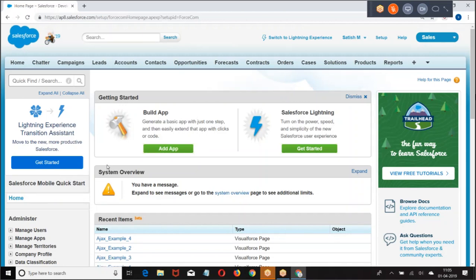Now let us say I logged into Salesforce. If I want to know whether I have permission to see a particular object or not, what will I do? I will go to the profile. In the profile, I will check whether I have access on the object and what type of access I have. Am I right? You want to know whether a particular user has permission on an object or not. What will you do? You will go to the profile of the user, and in the profile, you will see on that particular object whether the user has permissions or not.